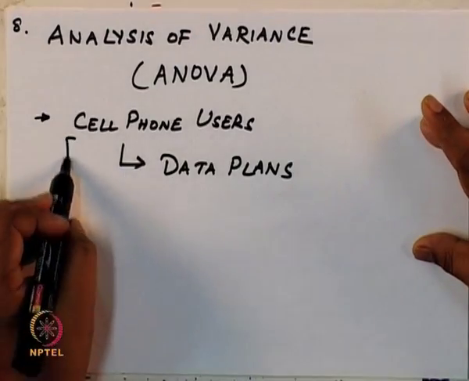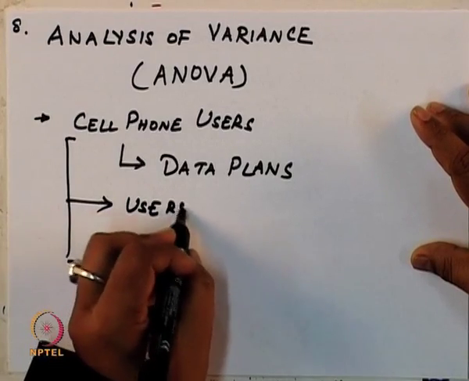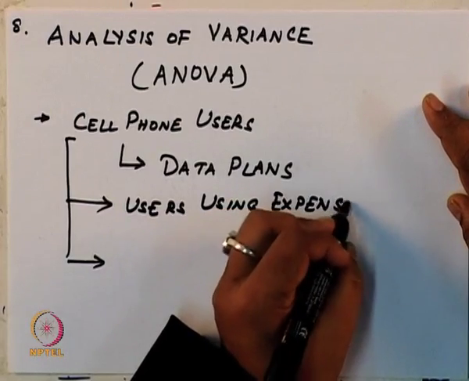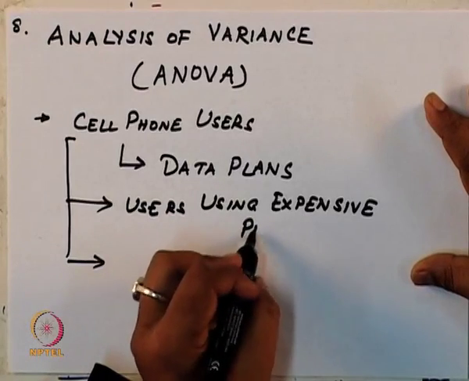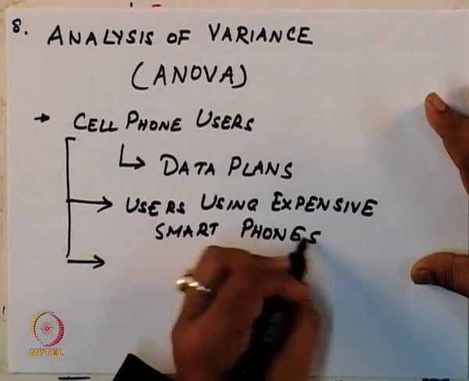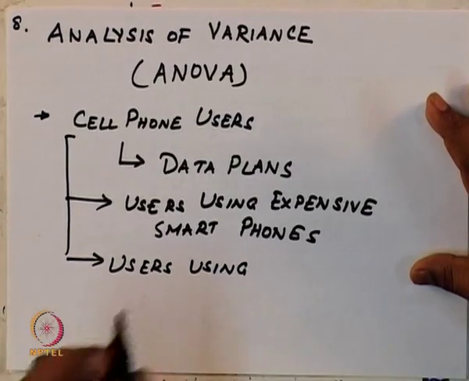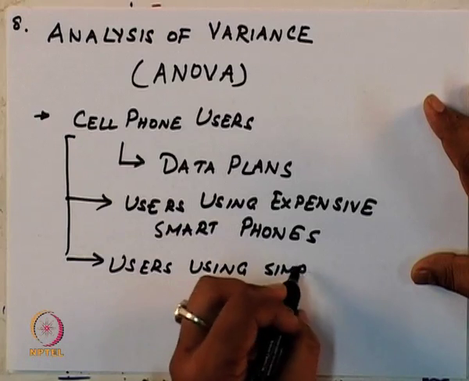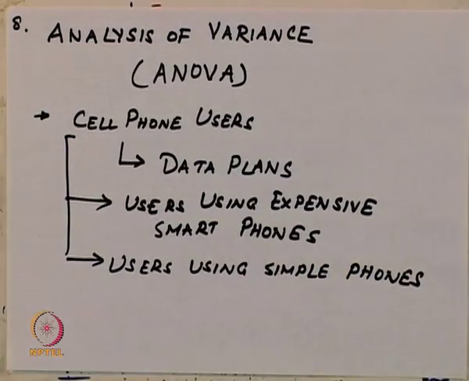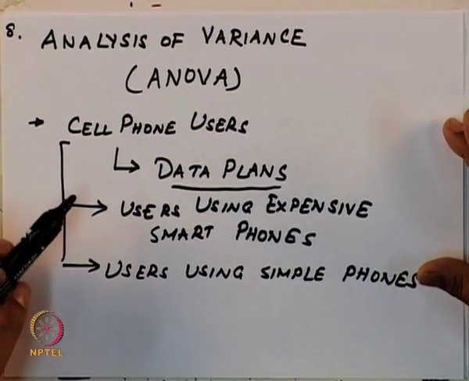So, cell phone users can themselves be distributed as users using expensive phones, maybe smartphones, and users using simplest phones which are not smartphones. So, if you were to calculate the variability in the data plans that people search out for, you can